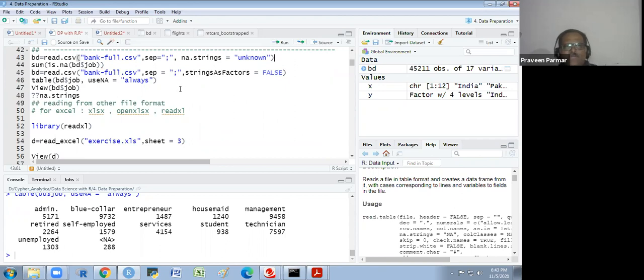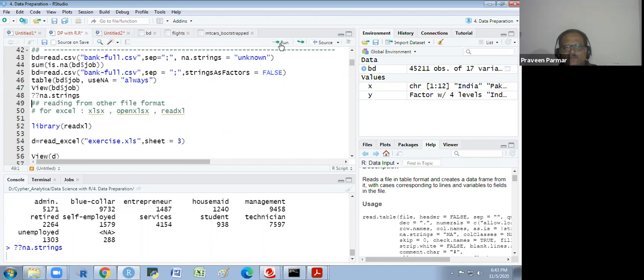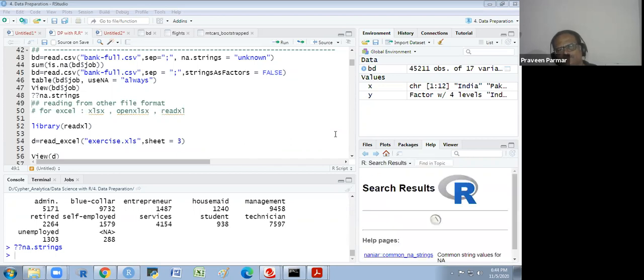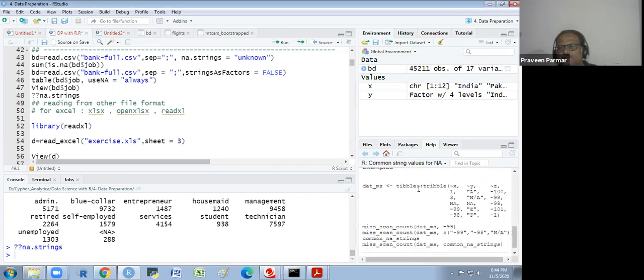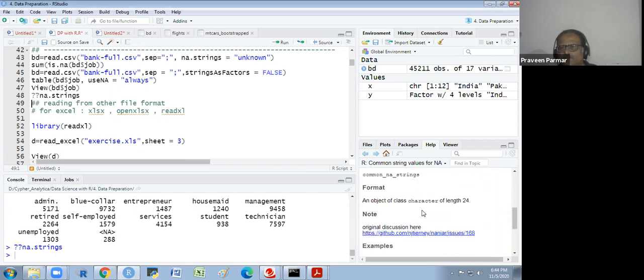So this we have seen. And you could see what na.strings is. You could use the double question mark, and you would see it is the attributes. So whenever we want to know about the attributes, we have to put the two question marks. So if I run this, we see here. It is searching, and which function it is. You get na.strings here, you click on this and you see where we use it. So it will show you, and you have to go there and you will see here also whatever.